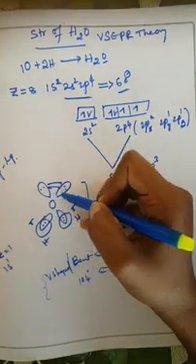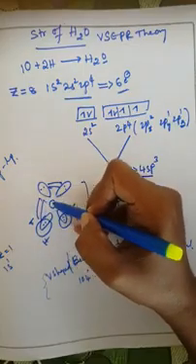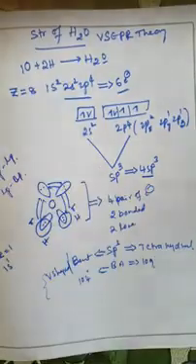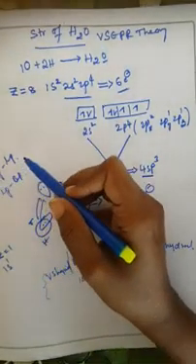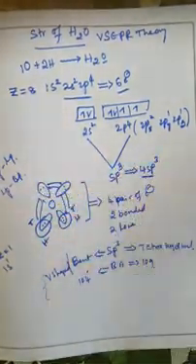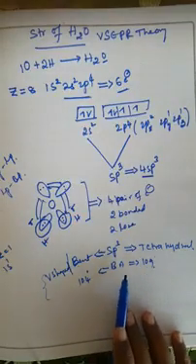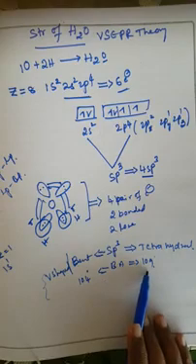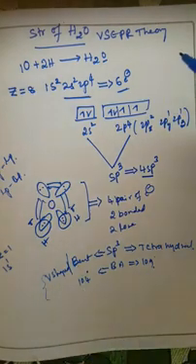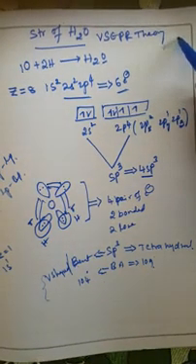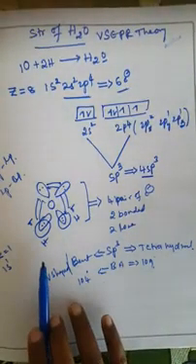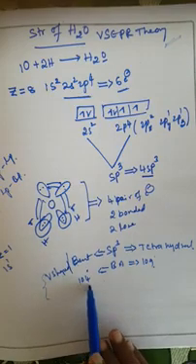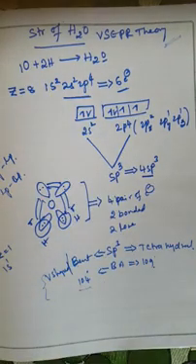Not only the lone pair interaction, another interaction is also there, that is the lone pair bonded pair interaction. Due to this lone pair interaction and the lone pair bonded pair interaction, the structure changes from tetrahedral to bent and the bond angle changes from 109 to 104 degrees. So, based on the VSEPR theory, the structure of the water molecule is bent or V-shaped and the bond angle is 104 degrees.